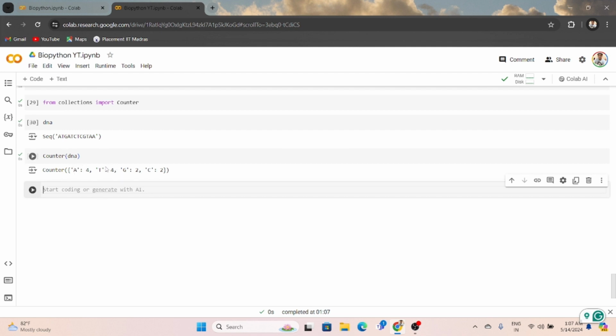So there are 4 A's, 4 T's, 2 G's, 2 C's. Okay, so with this we can find out how many adenines, guanines, thymine, cytosine are there in a single step. So we don't need to write 4 different codes for finding the adenine, guanine that we showed earlier. So in a single step we can do it. Now we will find the frequency. So we'll write DNA underscore frequency is equal to Counter